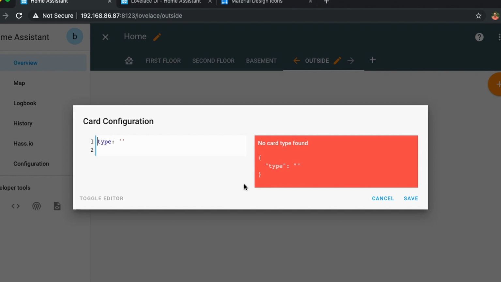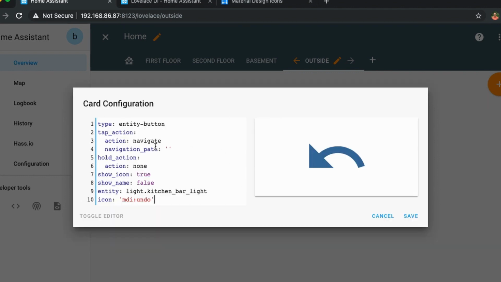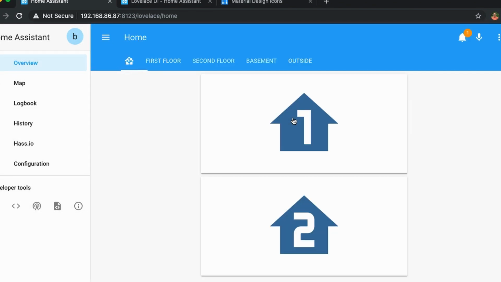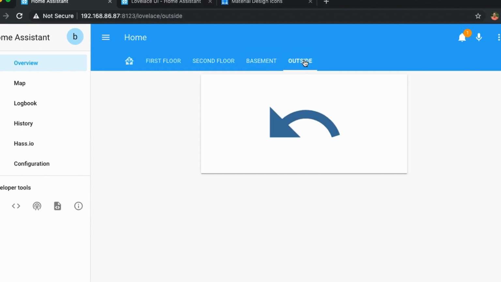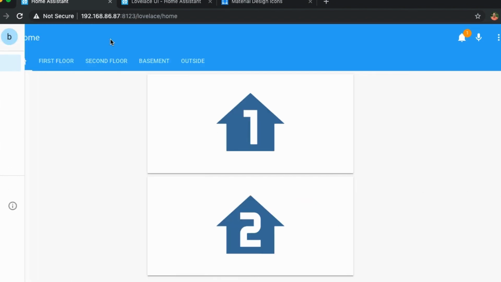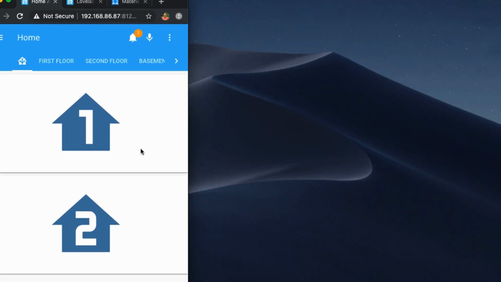So let's do a manual card and paste that information in, and we're going to make this home. Let's close it. Let's see that everything works. First floor, second floor. We didn't add basement or outside, and I'm going to explain why now. So these are big. If you imagine this in a mobile app, it is going to look like this, and